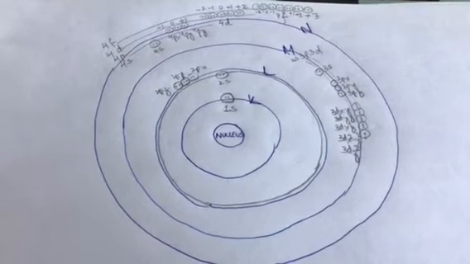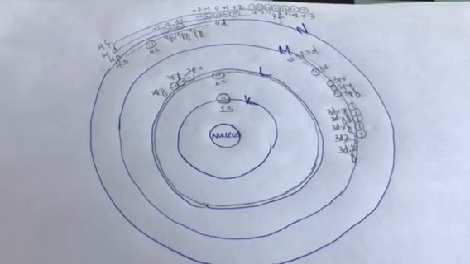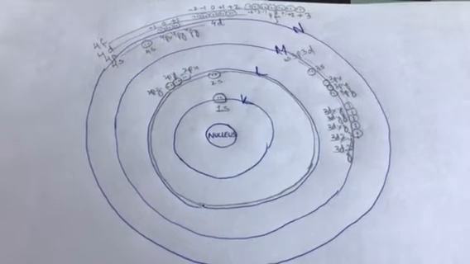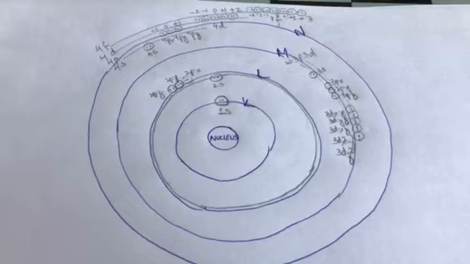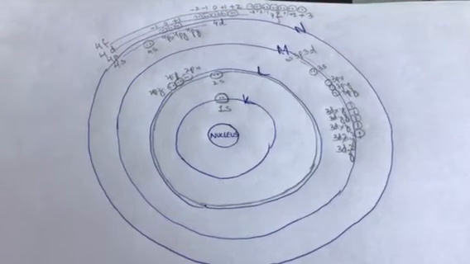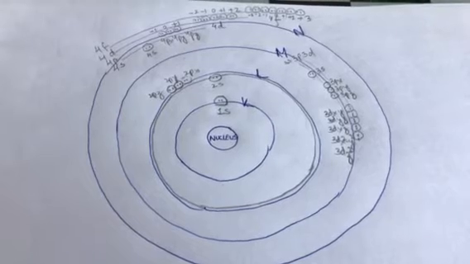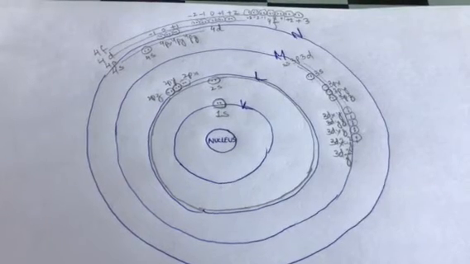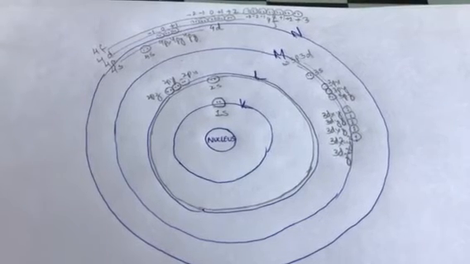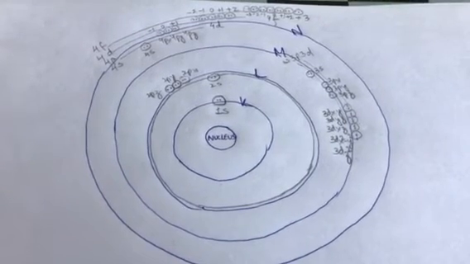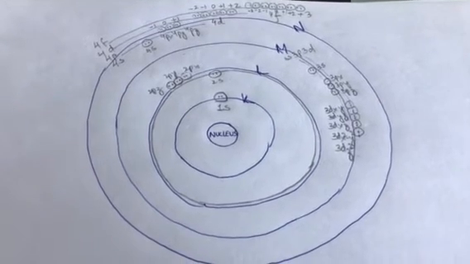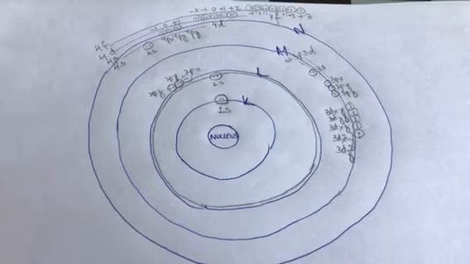So let's wind up. In the K shell, 2 electrons. In L shell, maximum 8 electrons. In M shell, there are total 9 orbitals, I'm sorry. Each orbital can accommodate 2 electrons. So total number of electrons that can be accommodated by the M shell are 9 twos are 18 electrons.